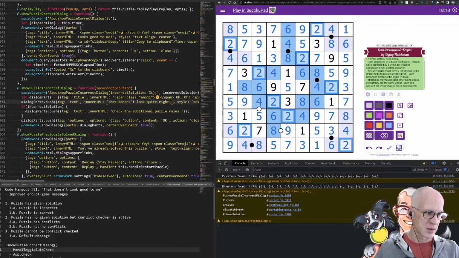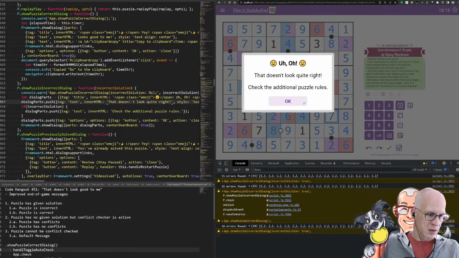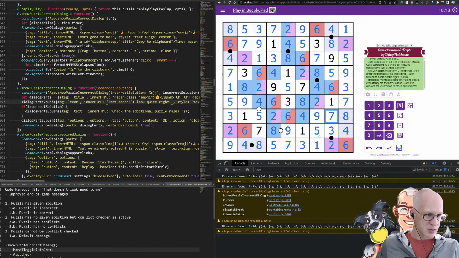Yes. Alright. Make all the 2s red. And all the 6s... There aren't any given 6s, right? Purple. So let's make all these 6 and all these 2. And now if I run a check, it's incorrect solution true.